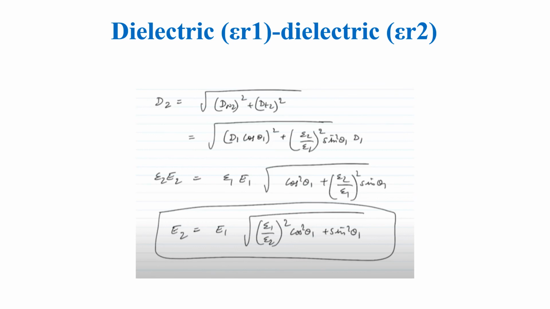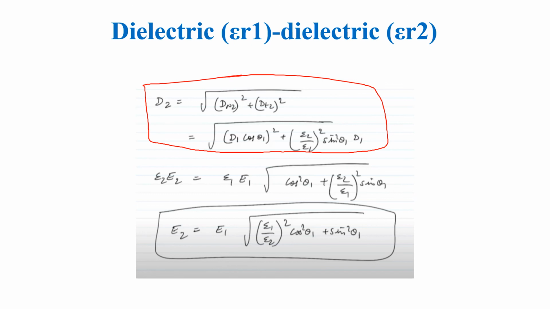Now let us calculate the total value of D in the second medium, that is D2, using the Pythagoras method. D2 is equal to the square root of Dn2 square plus Dt2 square. We calculated Dn2 is D1 cos theta 1, and Dt2 is epsilon 2 by epsilon 1 times sin theta 1 times D1, squaring that on both sides. That gives the value of D2. The same way we can calculate for E also, because D2 is epsilon 2 E2 and D1 is epsilon 1 E1. So substituting that,